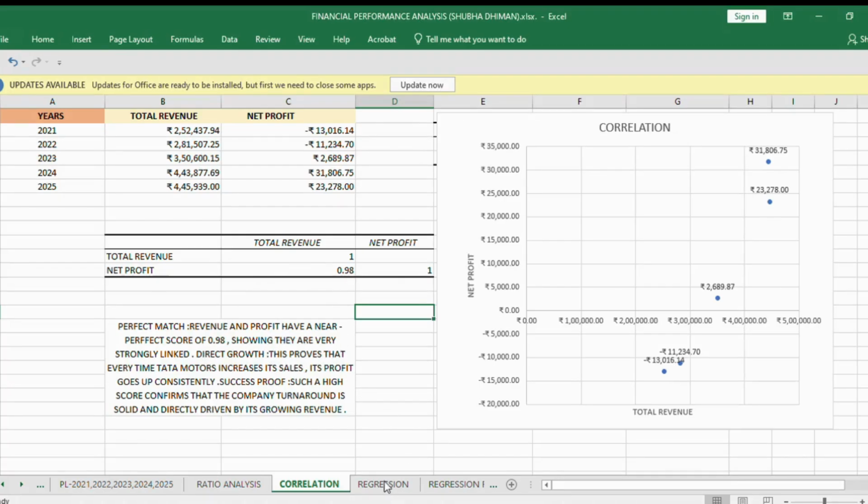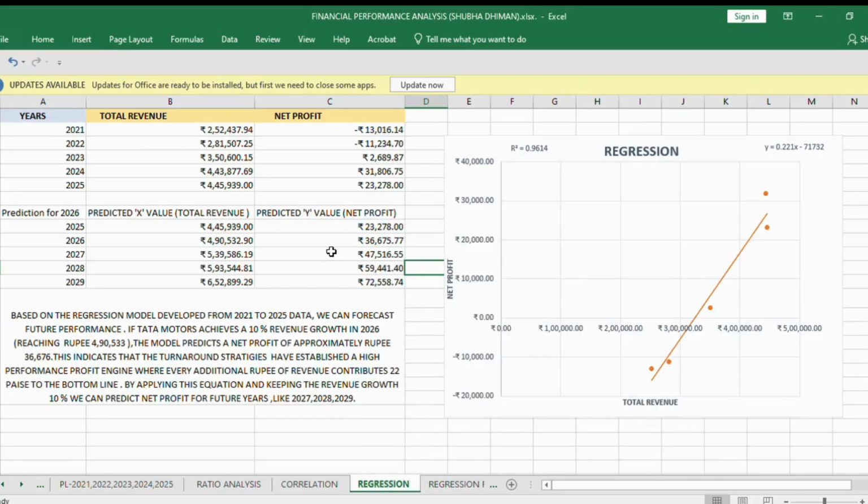Next, I developed a regression model to predict future performance by using the data analysis tool pack feature in Excel. I generated this scatter plot and trend line equation, which is y equals 0.221x minus 71732. This model predicts that for every additional rupee of revenue, approximately 22 paise contributes to the bottom